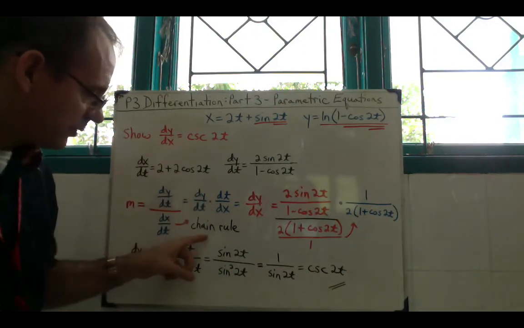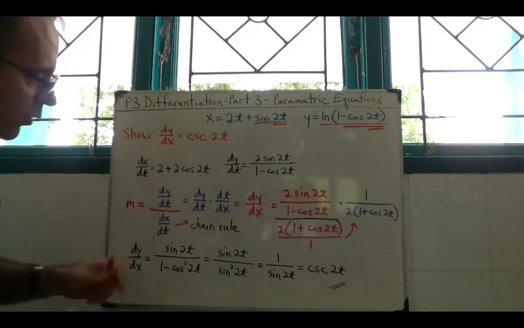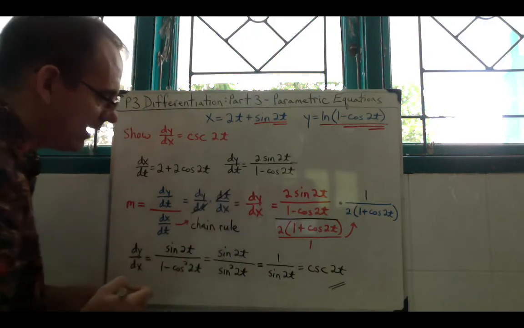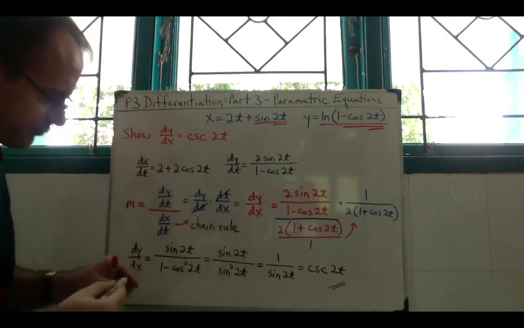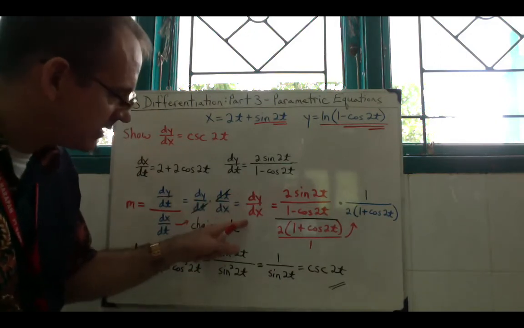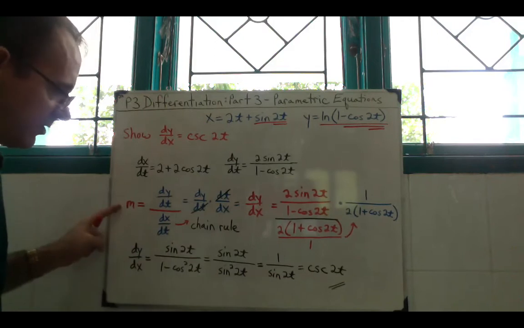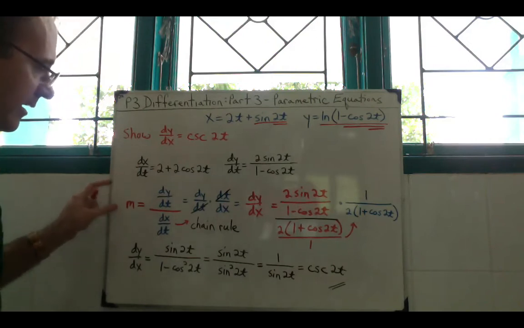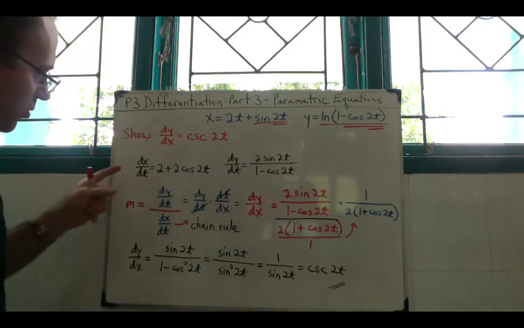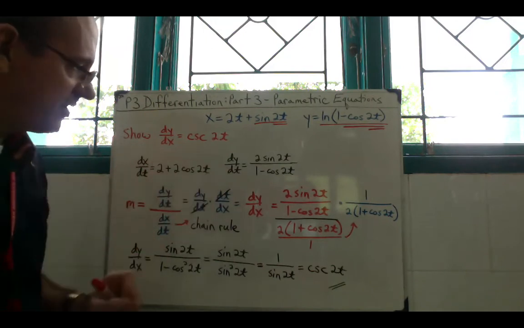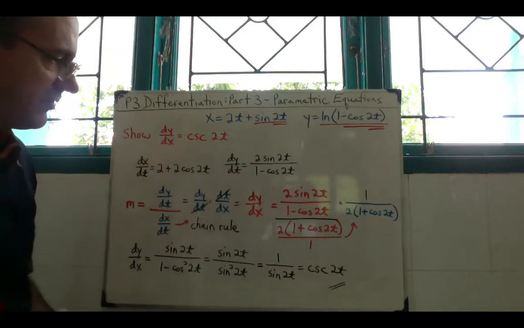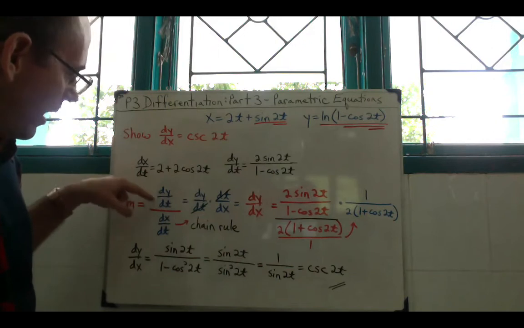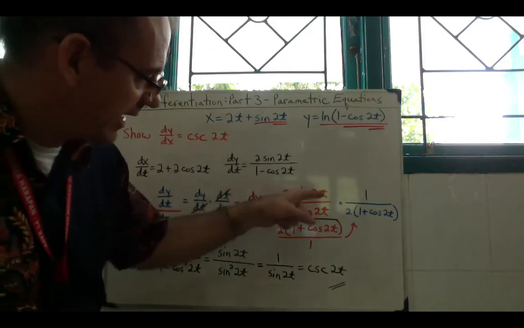At this point, this is referred to as the chain rule, where these differentials are lined up so that the dt's cancel out, and that leaves us with dy/dx. Change in y over change in x is our slope. So this is just a brief explanation of what we're doing here. We're using the chain rule to put these two different derivatives together in order to end up with a slope equation. So for dy/dx, we put the dy/dt on top, which is the 2 sine 2t over 1